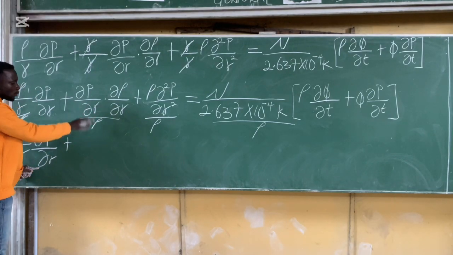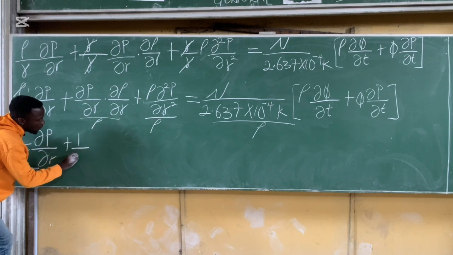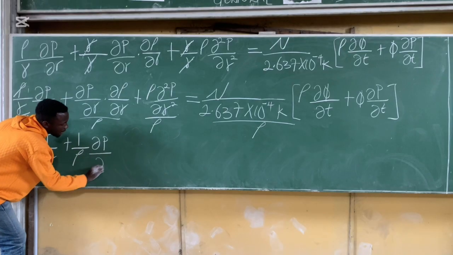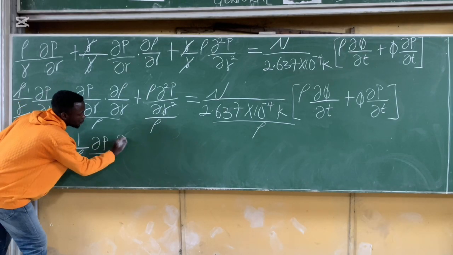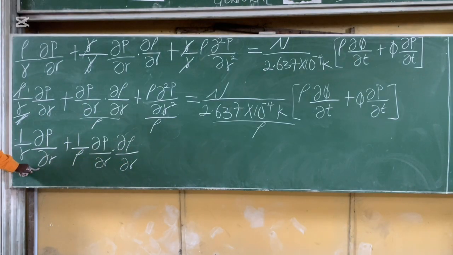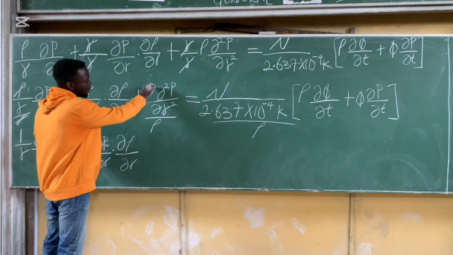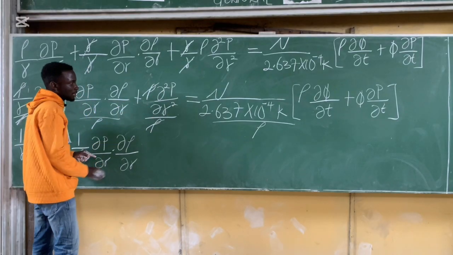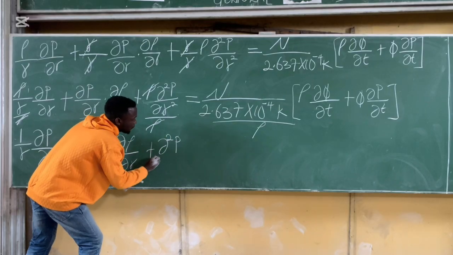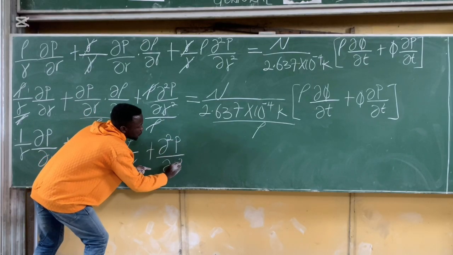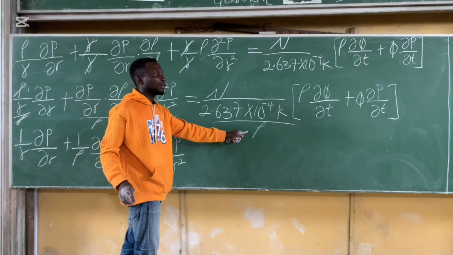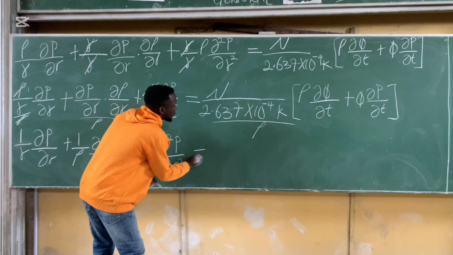So if we divide this by density, we're going to have what? 1 all over rho, dp divided by dρ, dot dρ divided by what? The dρ. The next step now, density is here, so I cancel density, and we will be left with what? The square of dp divided by dρ square. Then, if you look at this, there's no density,